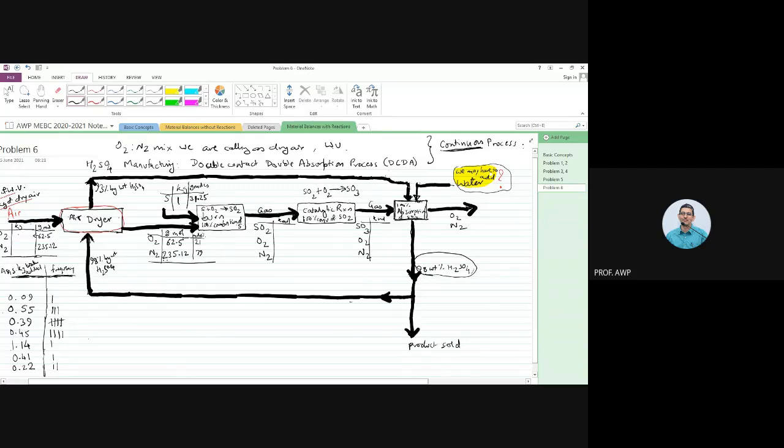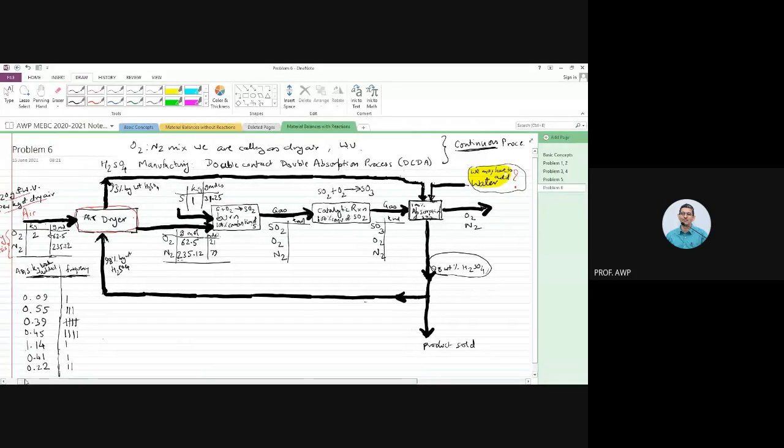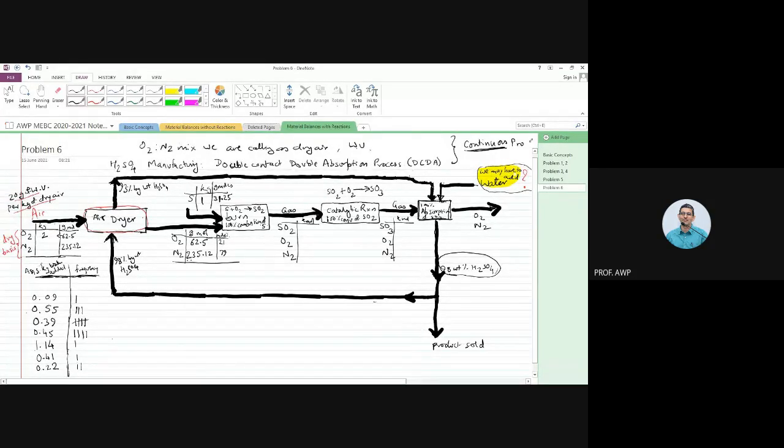235.12 is the gram moles of nitrogen multiplied by 28, that is the molecular weight of nitrogen. This becomes 6583.36 grams. So I'm just going to write it as 6.583 kilograms. So the total amount of dry air on dry basis that is supplied is